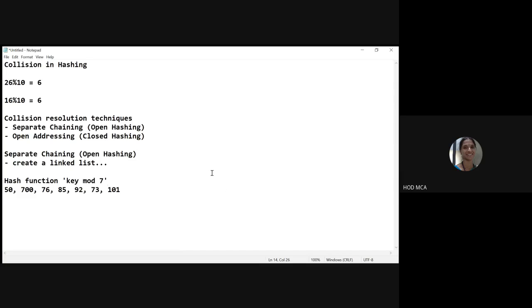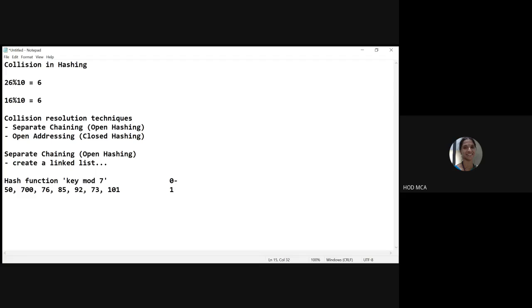Now I am going to have a table. This is my table. I'm showing the table like this because I am not able to represent the table pictorially.